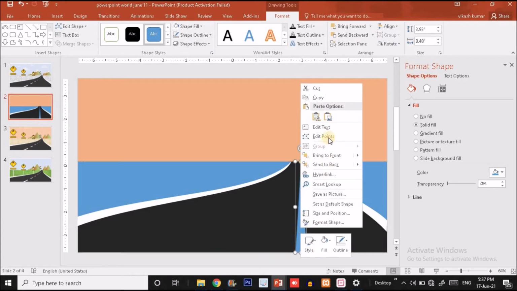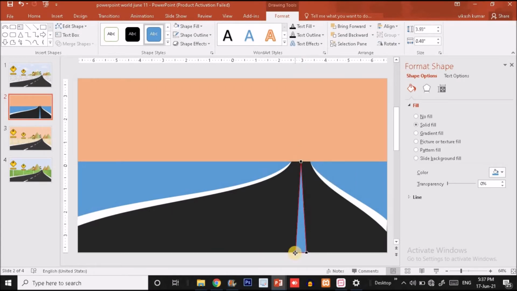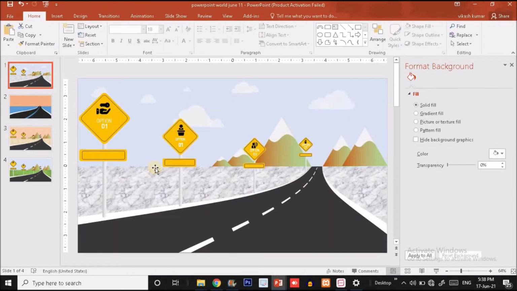Right click over here. Choose edit point option and drag this point something here, somewhere here, and drag it somewhere here. Okay guys, so do changes. Okay, fine guys. So now this is ready. You just have to give some time, guys. So now I will create some sky and this mountain.